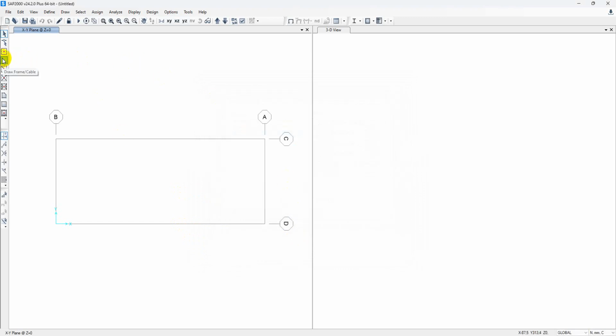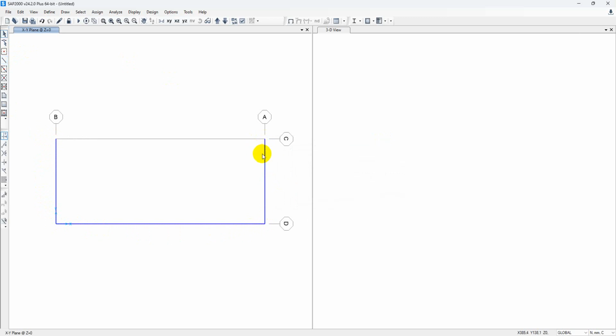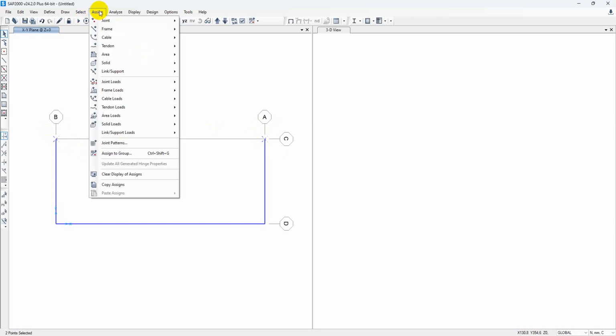And then let us draw here by clicking on this icon, and then draw our beam like this. Escape. So now our model is drawn,